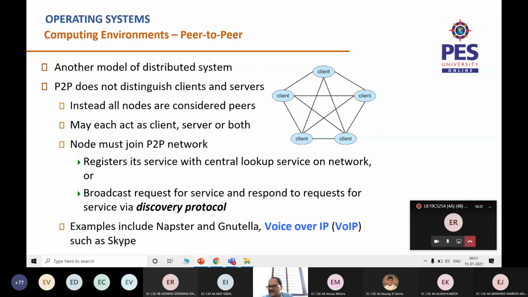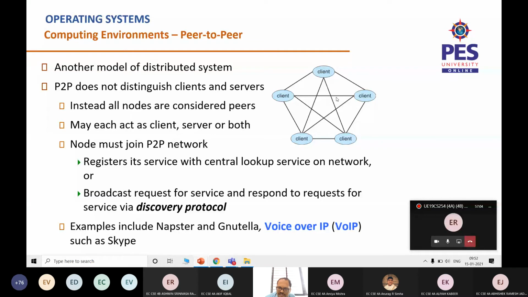You don't go and ask Asha about OS, or you don't go and ask Joseph about the maths. So basically, you go to an expert of that particular subject and take the information from him. That's exactly what is done in peer-to-peer communication in a computing environment. There is a variation of it. You don't require the centralized table in many peer-to-peer communications.